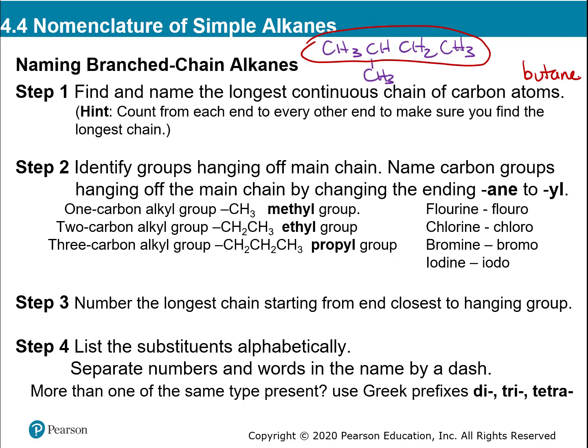Then step 2. I have to name anything that's not hydrogen that is attached to my chain. So do you see that there's all these CHs on the chain? You don't have to name any of those. You're done with those. Anything you circle and name, you're done with it. You're just looking for anything you haven't circled. That's why I circle them, because that way I don't forget things. I don't leave a branched piece off just because I didn't circle it. So in this, now,